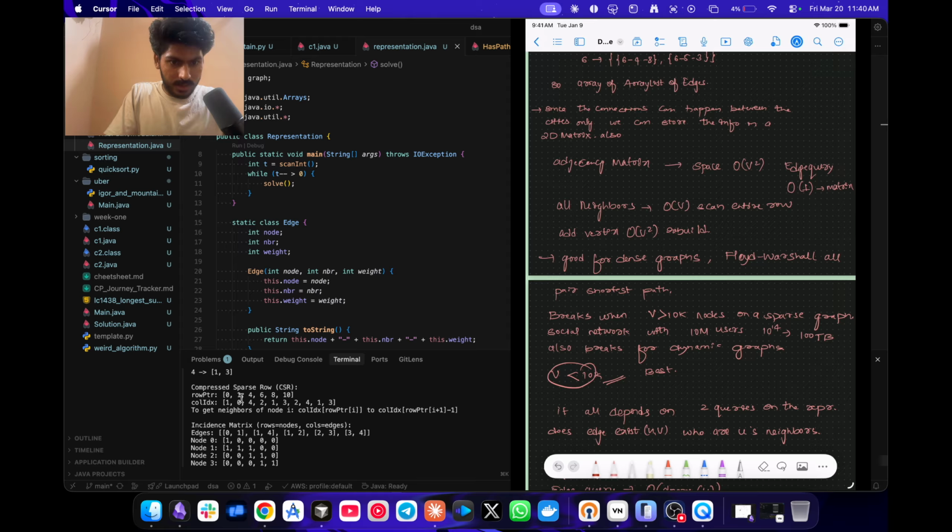And there is also the adjacency set. When you want to query whether there is an edge in O of 1, whether 1 has a connection with 2 or not, you can just query the adjacency set of 1 and check whether it contains 2. You can get it in O of 1. And there is obviously the adjacency list, and there